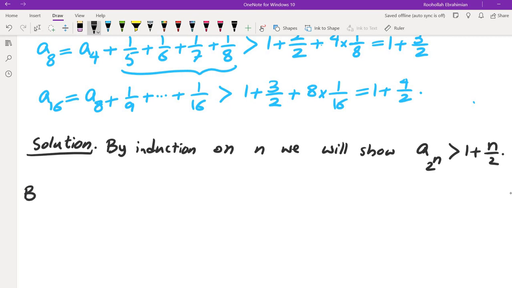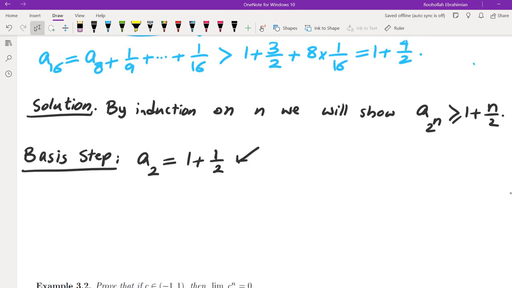So basis step, or equal to, because of the first case, because of the step 1. Basis step: a2 equals 1 plus 1 half, which shows that the basis step is true. Inductive step,